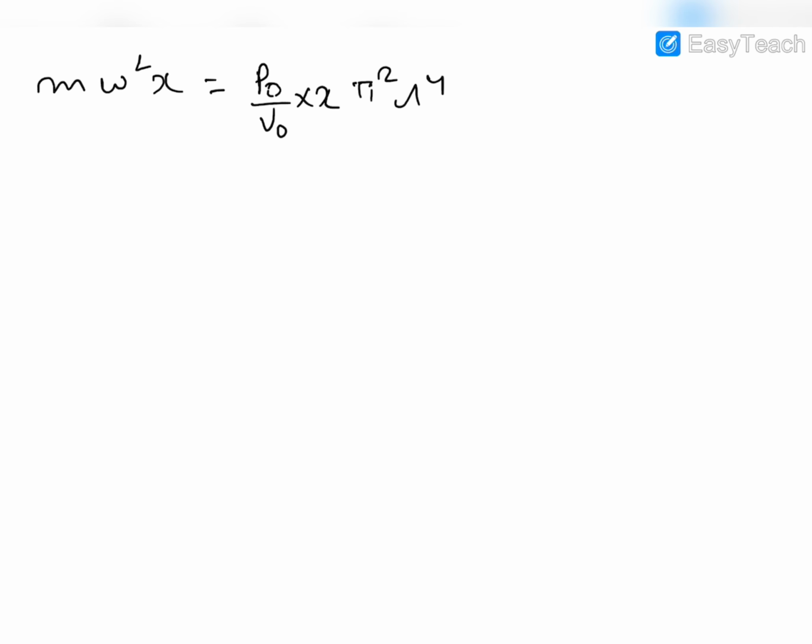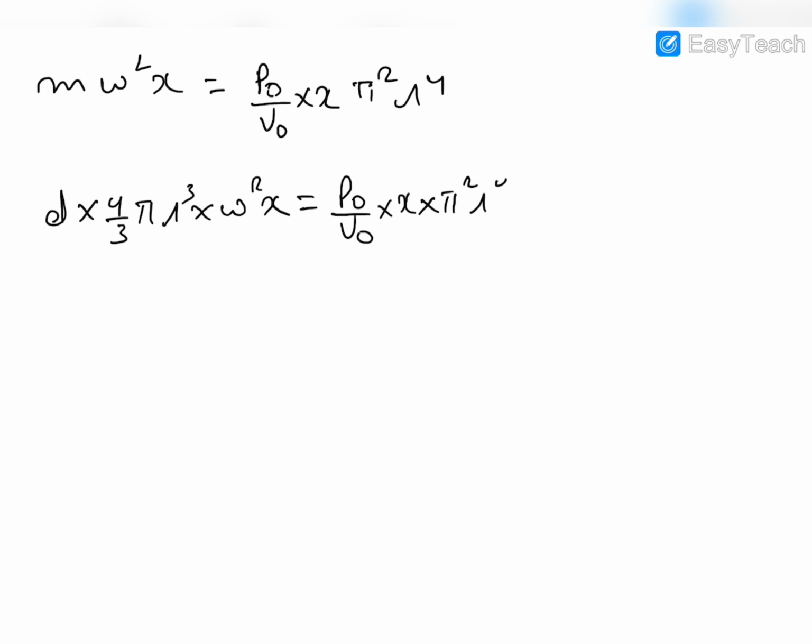So the mass of the ball is not given, but its density is given. So mass will be density into 4 by 3 pi r cube, into omega square into x, and that is equal to p naught by v naught into x into pi square r to the power 4. So cancelling this r cube with this, and pi with pi, x with x, omega square will be equal to 3 p naught by 4 v naught d pi into r,